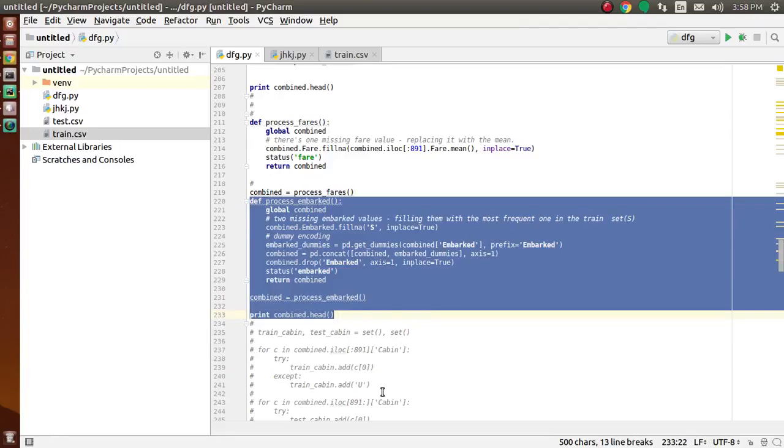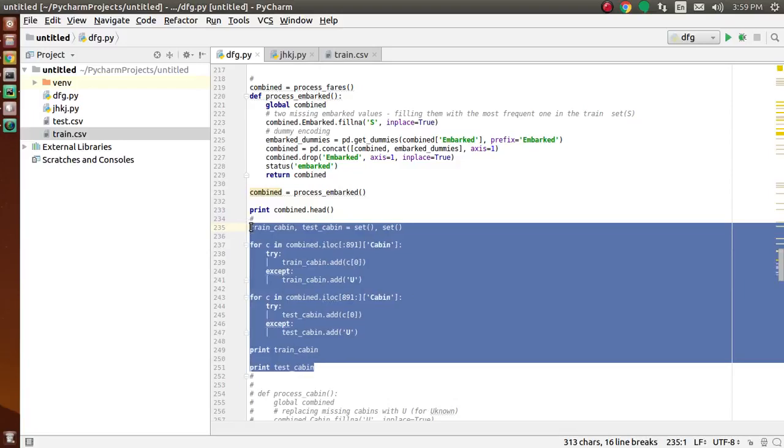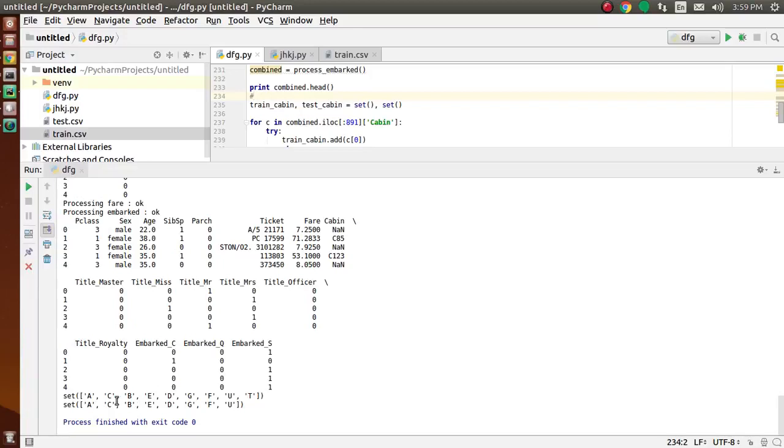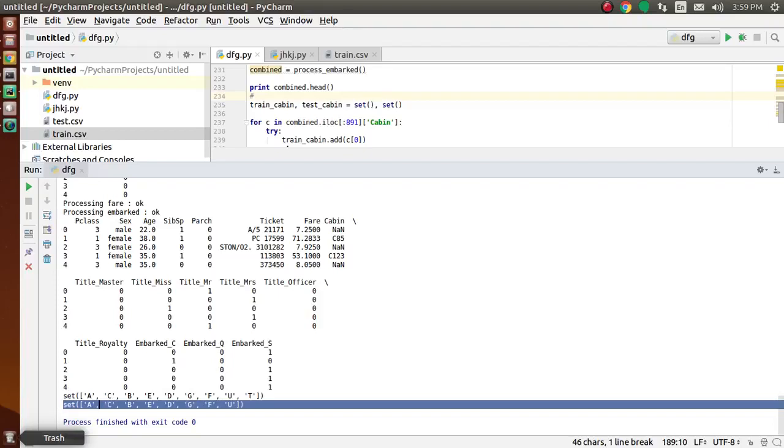So next we process cabin. Here we print the train cabin and test cabin. There is a two cabin, and this is the train cabin and this is the test. We don't have any cabin letter in the test set that is not present in the train set. So this function